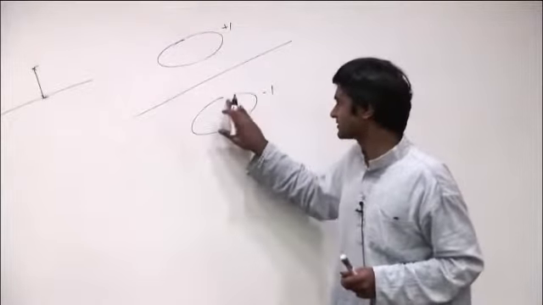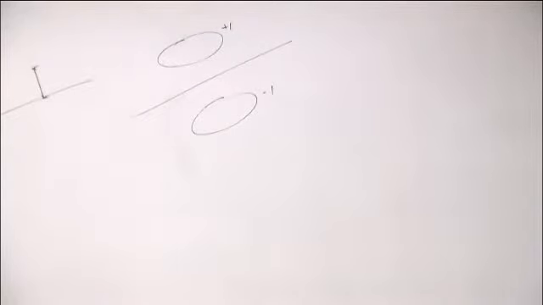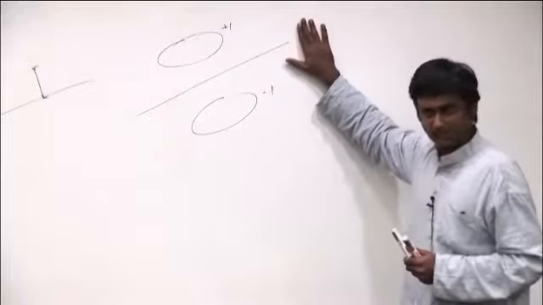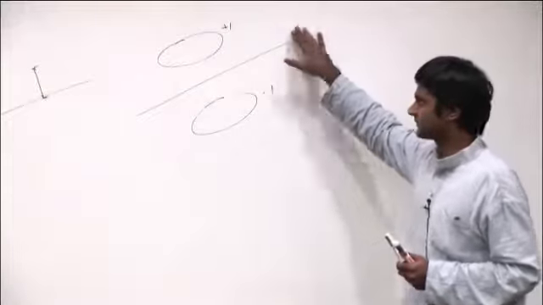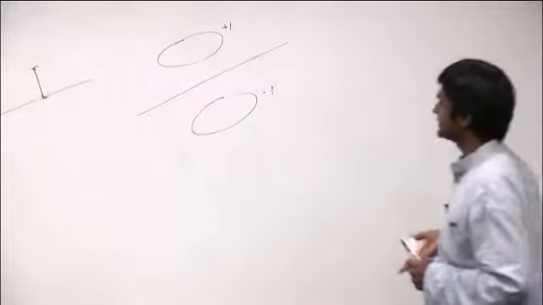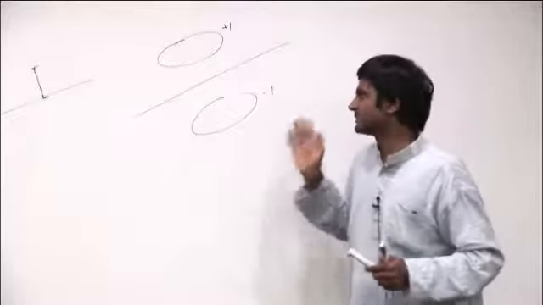Okay, so for now I'm just going to make this assumption. What this assumption says is that there is a hyperplane. This hyperplane may or may not be unique, but there is a hyperplane which can separate these two classes of points. In fact, you can always show that unless there is some pathological solution, there are infinitely many hyperplanes. You can think of some really pathological situations where this does not happen, but in general, if the data is linearly separable, there will be infinitely many hyperplanes which will separate the data.